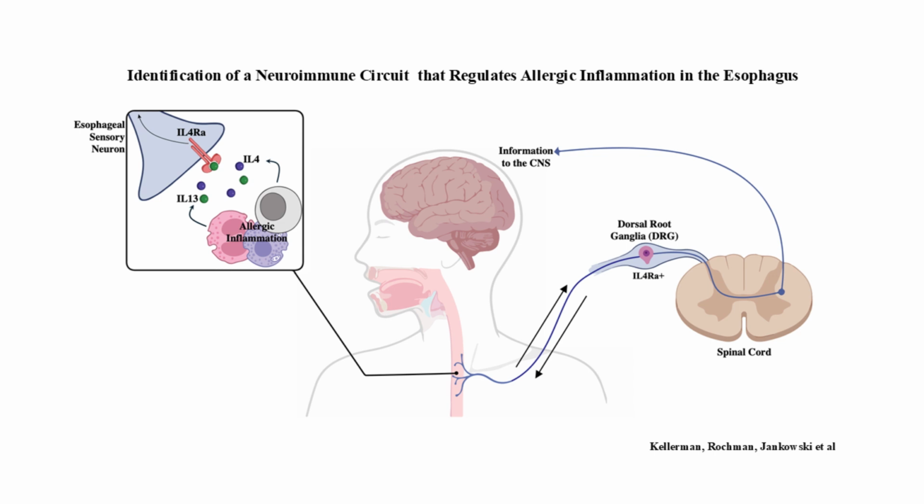So this is a new area, a line of research that we have, particularly focused on neuroimmunology, which I think is not only important for understanding the disease, but may explain some of the refractory symptoms like pain that patients get. And this is a model of what we now think is happening, which is that the local tissue is responding to the allergen, triggering the IL-4 and IL-13. This causes an activation of the nerves through the dorsal root ganglia. This triggers a response to the central nervous system, but importantly also triggers, in a feedback loop in a bidirectional manner, a modification of the inflammatory response in the esophagus.